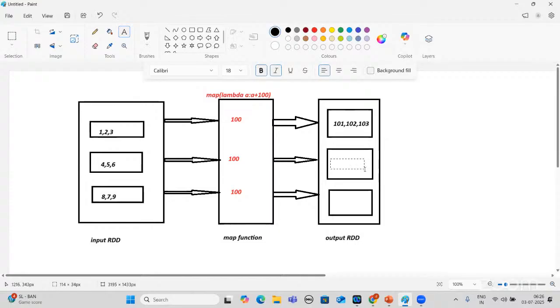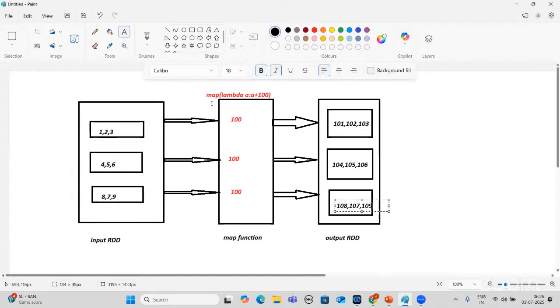Okay, 104. Do we understand till here? We are doing the mapping function, so we are adding each and every element to this value which we have given in the lambda function.